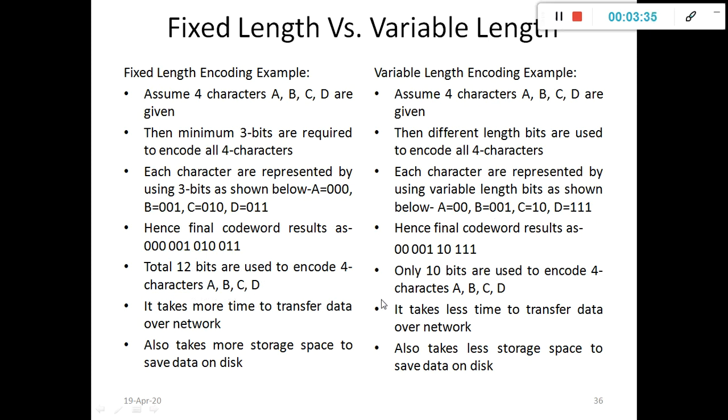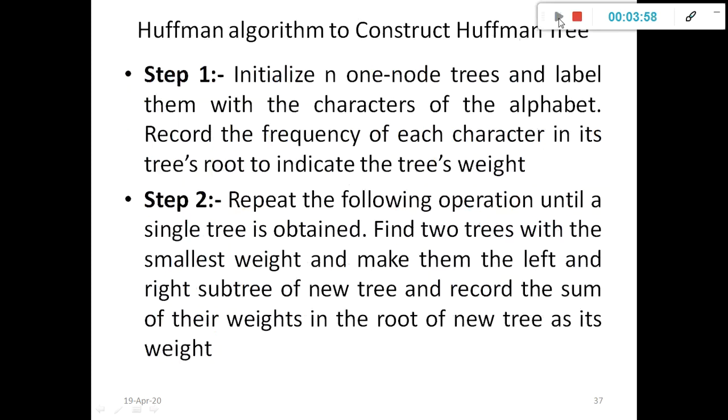Hence, it is clear that fixed length encoding takes more time to transfer data over a network, and also takes more storage space to save data on disk. And variable length encoding takes less time to transfer data over a network and also takes less storage space to save data on disk.